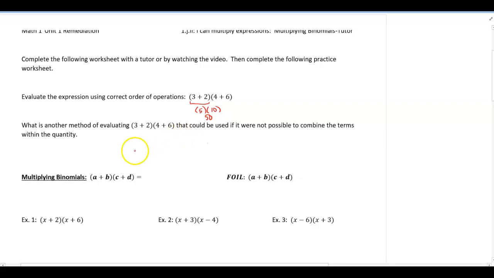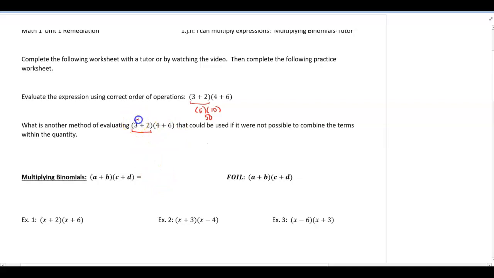what happens if we can't combine what's inside the parentheses. What would we do? Well, how could we, without adding what's in the parentheses, how else could we evaluate this expression? Well, if I look, I'm going to distribute every term in this first quantity to every term in the second